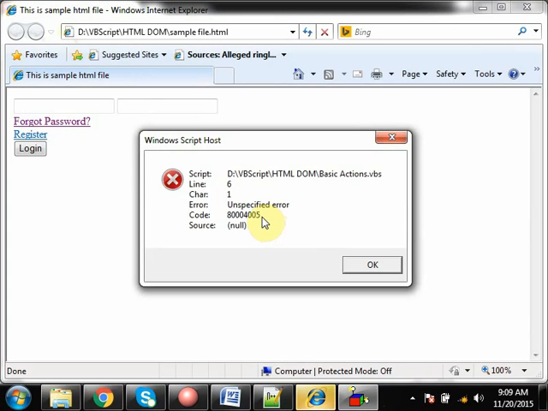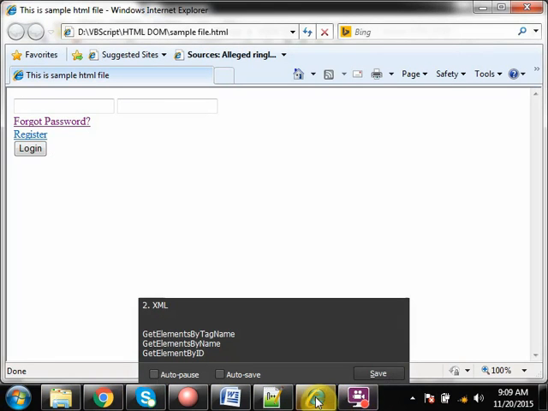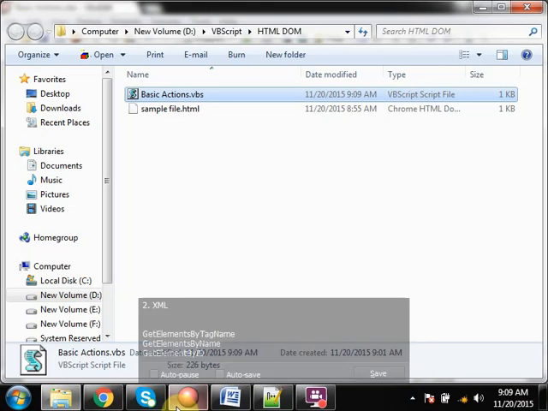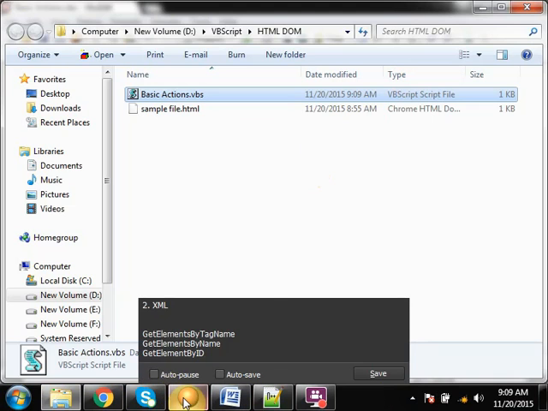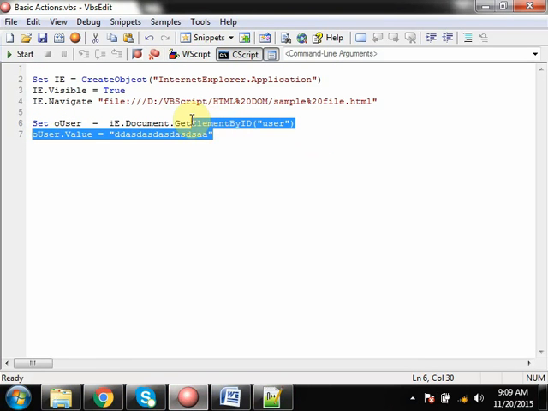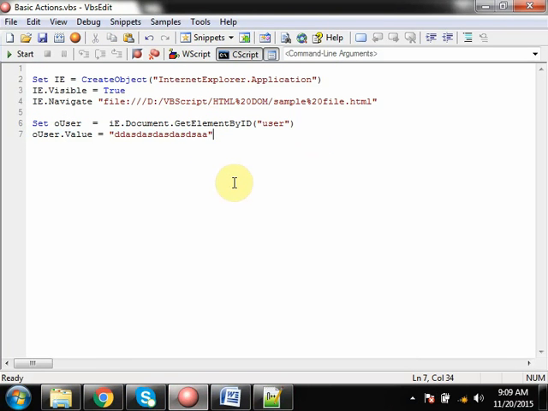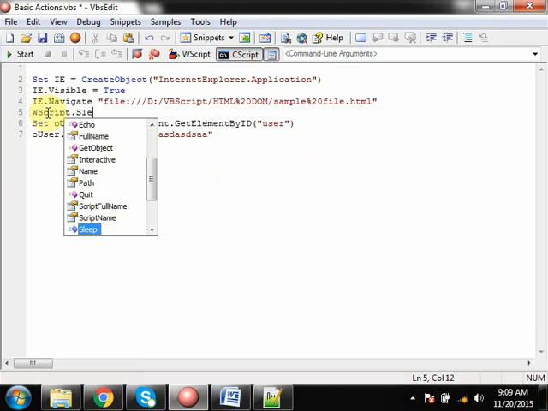Now it says unspecified error. The reason why it is giving an unspecified error is, as soon as I launch the application and navigate, it takes a little time to load. So by the time this get element by ID executed, the page was not loaded completely. When the page was not loaded, it will not be able to retrieve the object. So what I am doing is, after navigating, I am giving some wait period